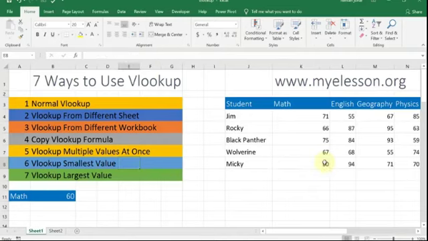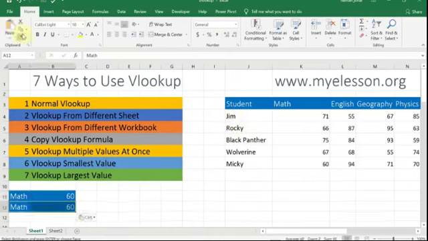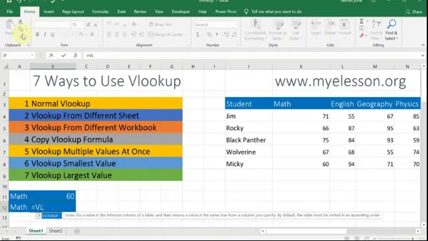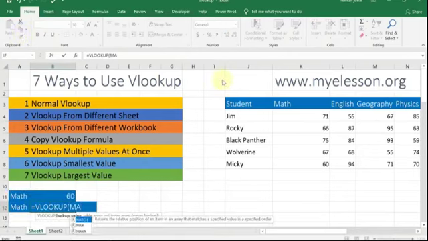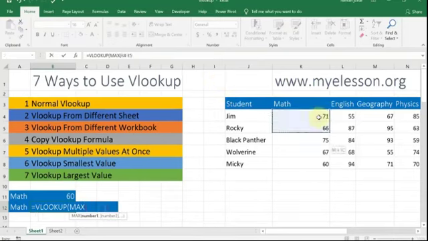Similarly, we can find the largest value also. Say for example, I want to find the largest value for, I'll copy this over here, for maths. So I'll use is equal to VLOOKUP, lookup value again would be now max, largest value from this range, close the bracket.